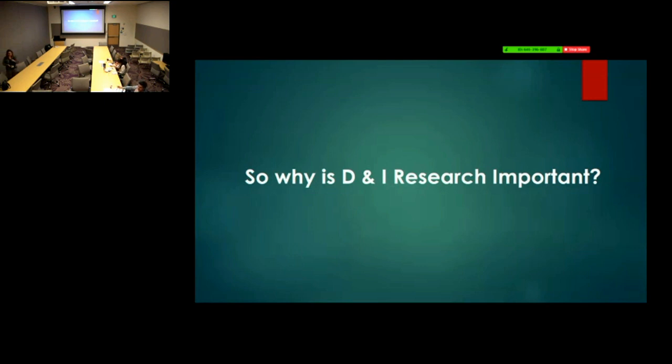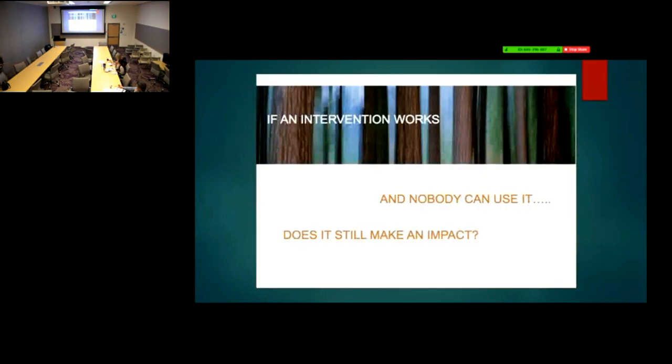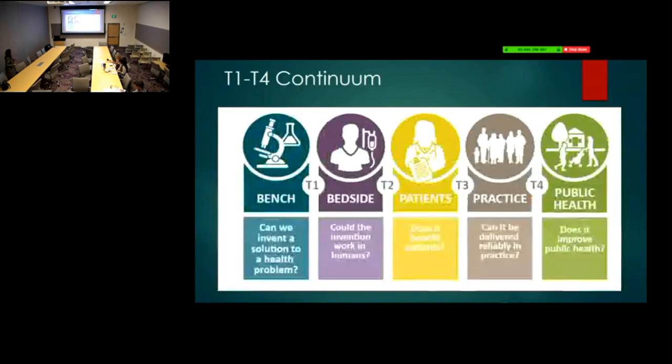Better patient outcomes. Yeah, because part of it is you have an intervention that works, but the other part is, is it being used? Because if it works but it's not being used, so here's the classic slide. I think those are trees. And this has been floating around. I borrowed this from Borsika Rabin, who's a leading D&I person in the country and works with us. If an intervention works and nobody can use it, does it still make an impact? It's like, does a tree fall in the forest, and if no one hears it, whatever. So that's the main point.